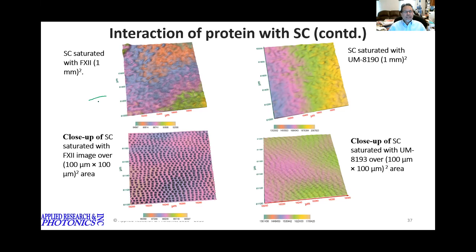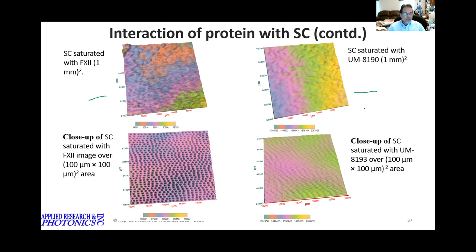So the texture of the image on the left is the factor 12. And the image on the upper right here is the stratum corneum saturated with another thing called UM8190. So they show that different proteins have different kinds of effect, even over a bigger area, such as 1 square millimeter. On the bottom panel, we took the close-up of both of those structures, and we see